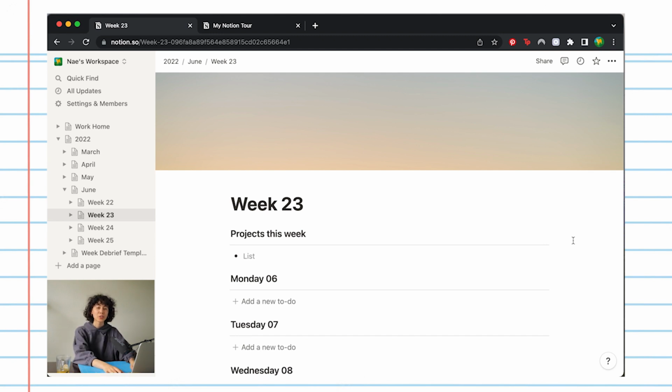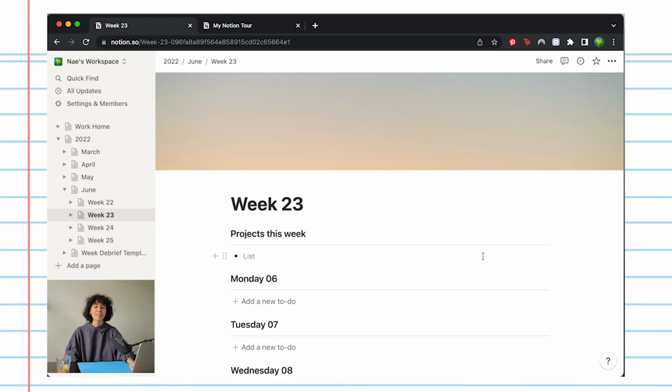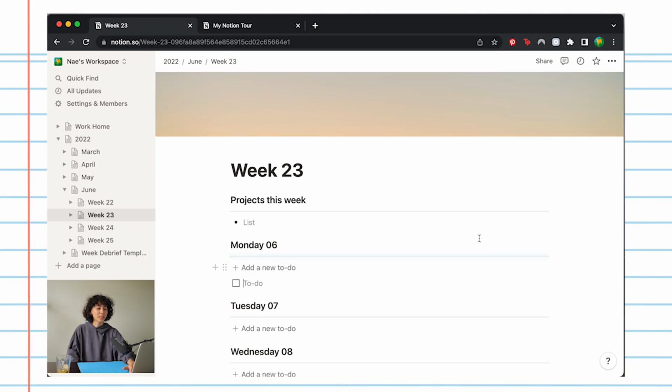So what I will do is I'll put on a 25-minute Pomodoro timer. I will blast some music and I will go on Pinterest, or I just think about if I saw something really cool from an artist that I liked the past week, I will put that in here. I feel like it just sets me up really well for the week and makes me really happy every single day when I'm working in this space.